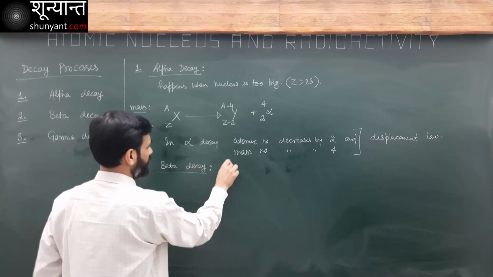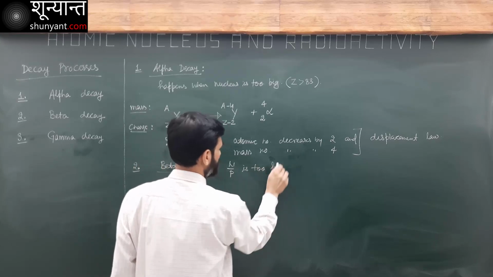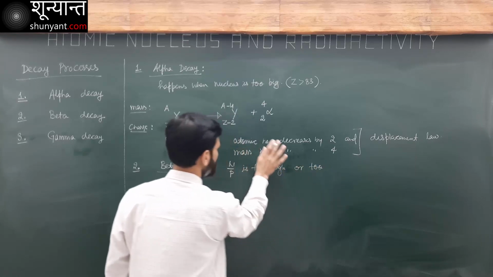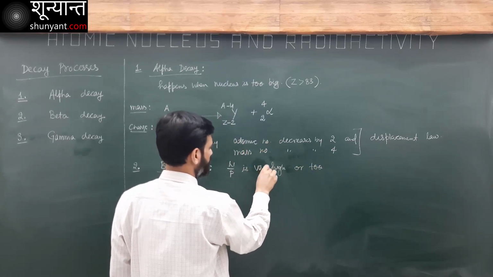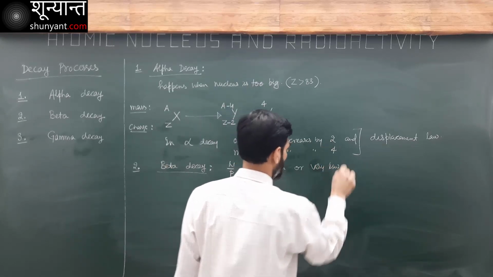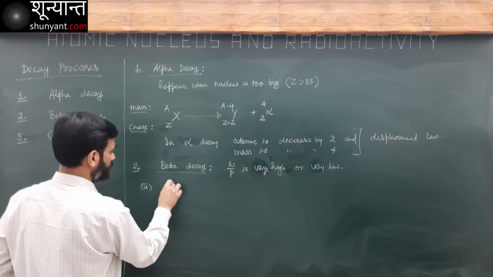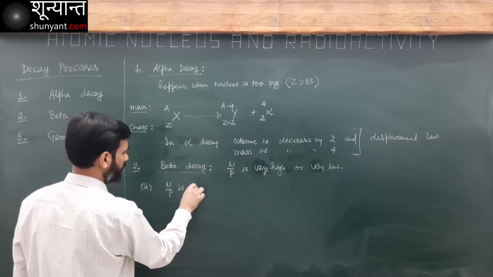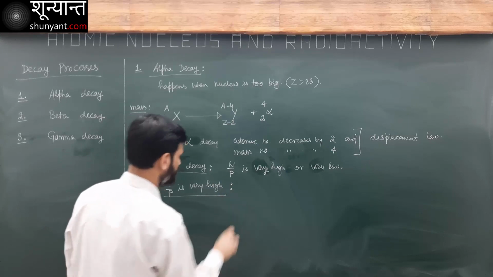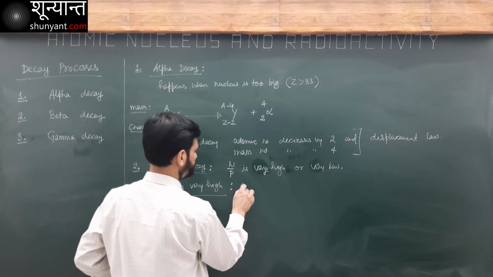Beta decay. Okay. N over P is too high or too low. It is very high or very low. Now, first case: N over P is very high. Then